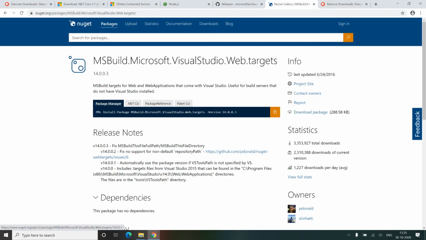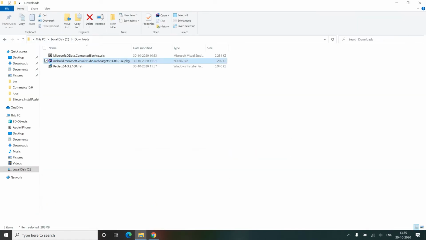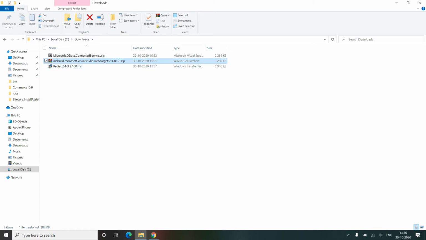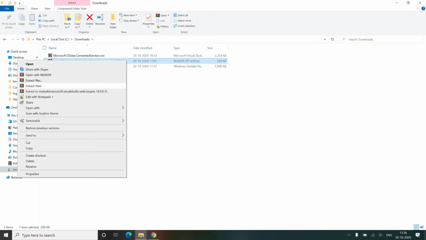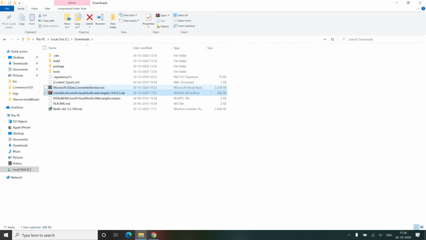Now for MS Build, I am not going to install it. This is a package file, so I am not going to install this. Rather than installing, I just rename it to a zip file, and we just require one DLL from this particular package file. So let me unzip everything and open the folder.